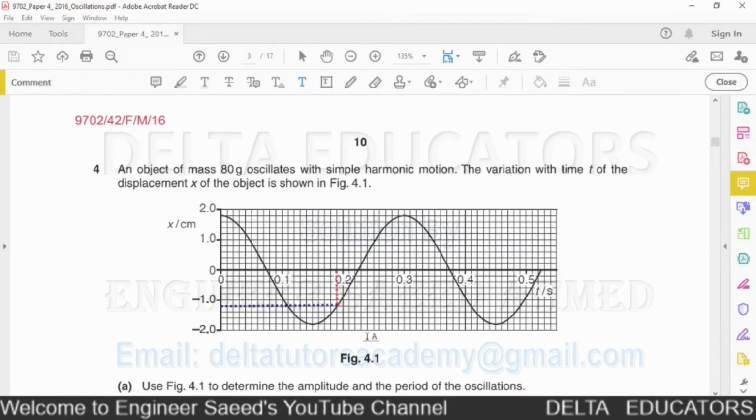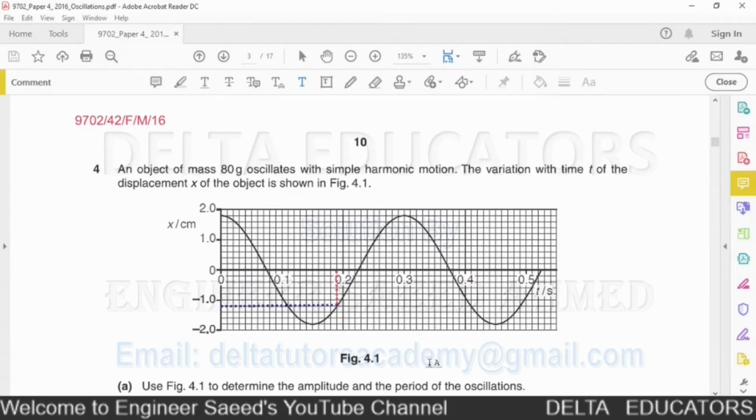What is meant by amplitude? Amplitude is vertical distance from equilibrium position or the mean position to the peak position. It is our mean position or equilibrium position and here it is our peak position. This peak position is approximately equal to 1.8. It is 1, it is 2. In between 1 and 2 we have 5 small squares. So here one small square represents 0.2. So here it will be 1.8. So amplitude will be equal to 1.8 centimeter.